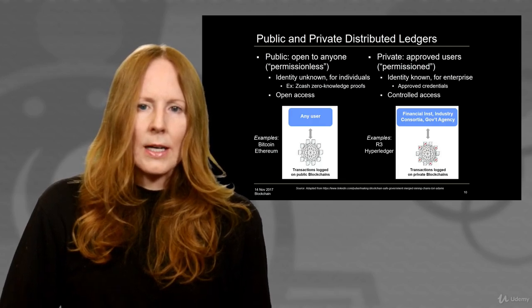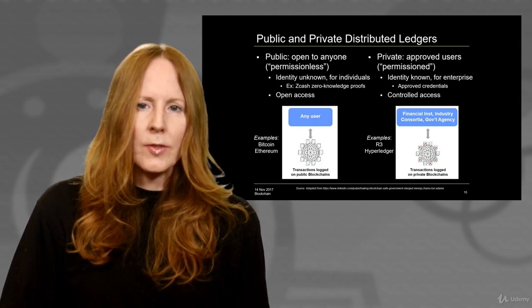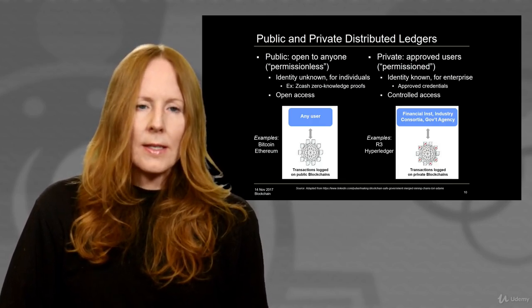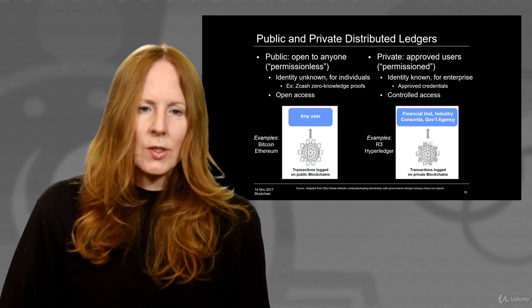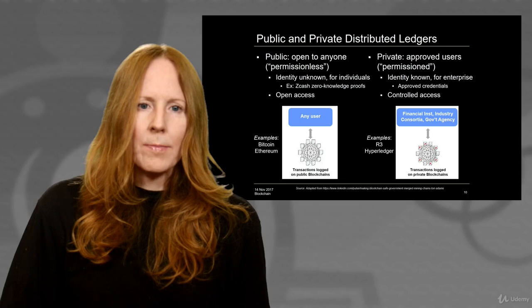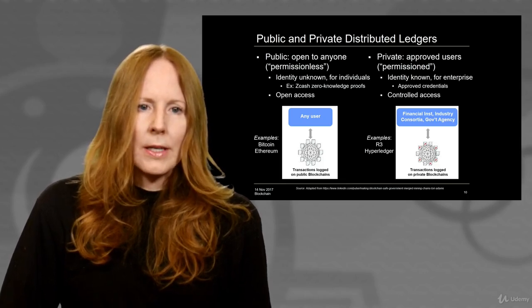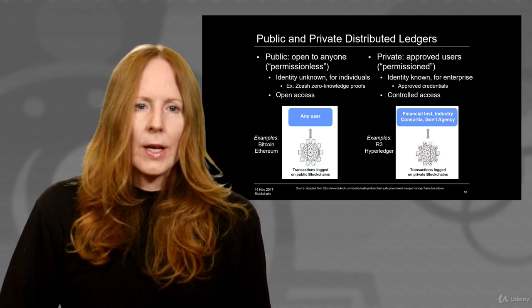The other kind of chains are enterprise chains, or also called private. Private in the sense that they're like a corporate VPN, that only permissioned, credentialed users can perform certain operations. So the R3 Corda chain or the IBM Hyperledger Fabric, these are all enterprise chains that would be where users would be known and credentialed.